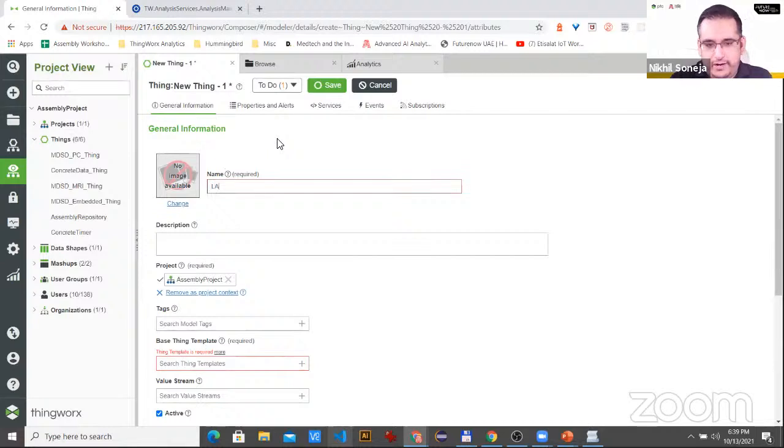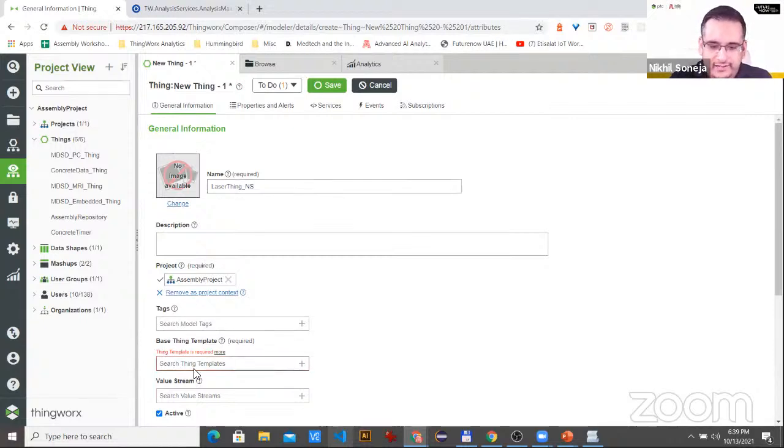And I'm just going to call it something silly like laser thing underscore NS. So this is going to be my data. We are going to assume that this is the data coming from the sensor and is being modeled here. So this is my actual data model that I'm using in IoT, in ThingWorx Foundation. You can see the project name gets automatically filled in here.